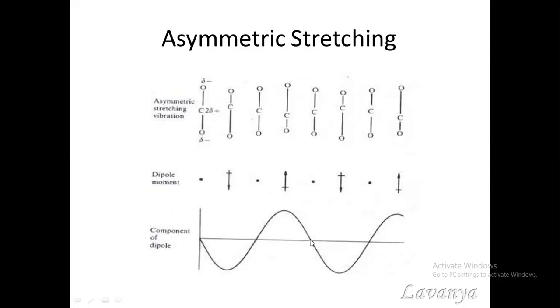So the graph is reaching this center point, and then again in the downward direction, this oxygen is stretched downward. So this is represented like this. If you consider the asymmetric stretching of carbon dioxide, it just has the sine wave nature. It has a particular frequency with which it is stretching with time, and it is represented as this sine wave form.